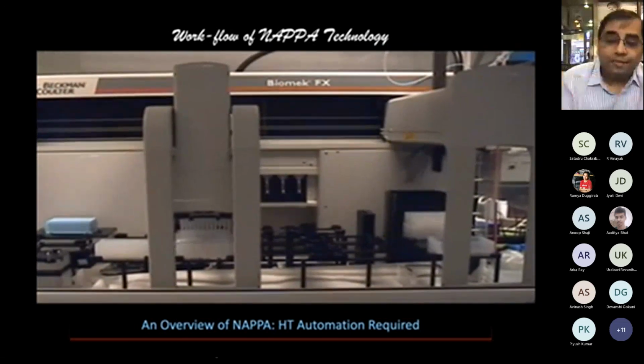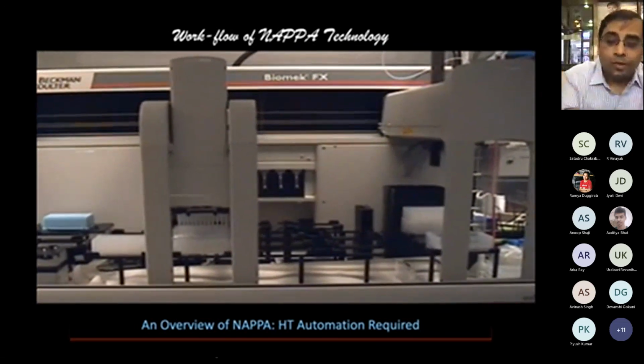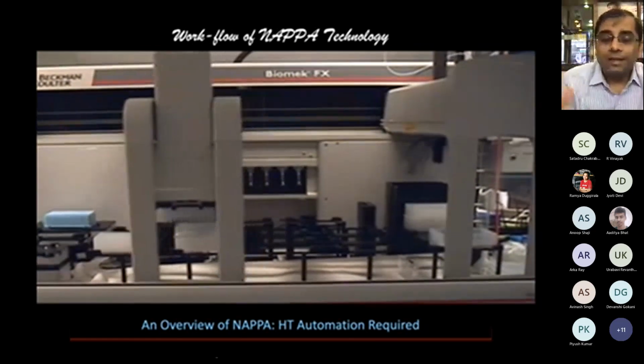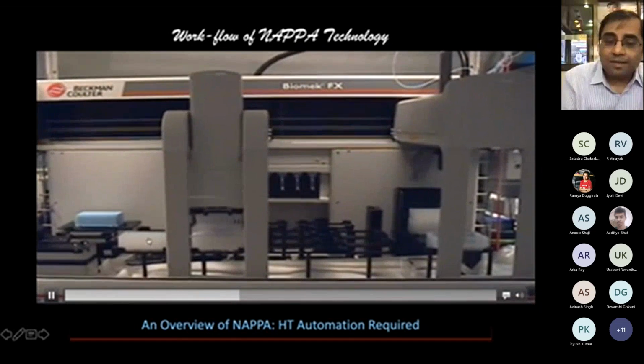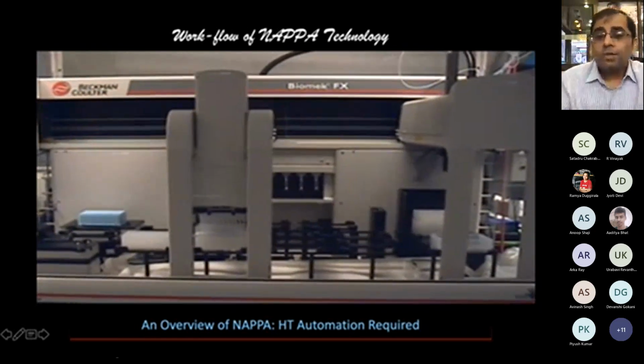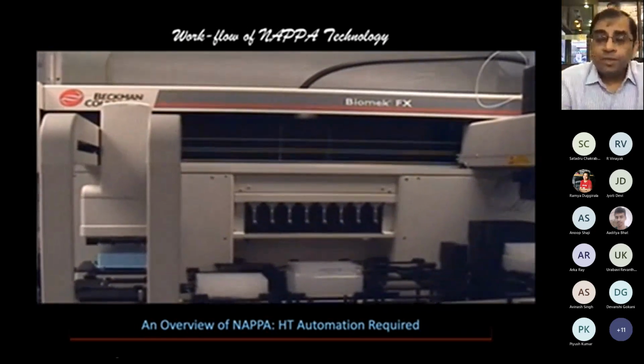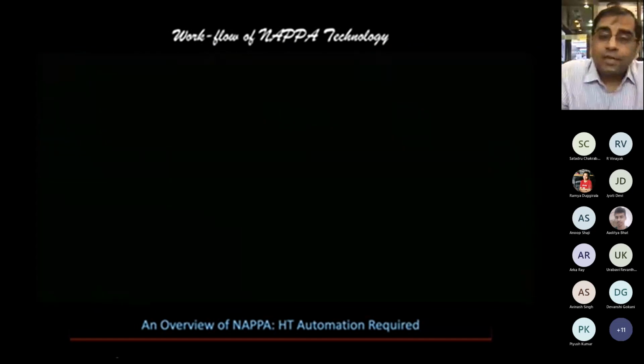Because once the program is set, we can set it up. It will do these steps in 30 minutes, and then you come back, and now you change the plate. All you have to do is change the plate. This is a plate where your 96 genes are, for which you want to make the DNA. So again, this probably gives you a different mindset of thinking about high throughput work.